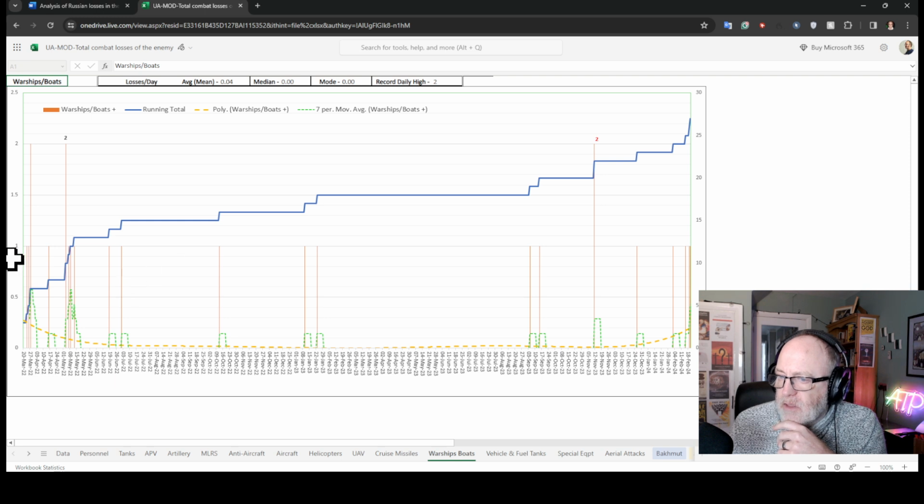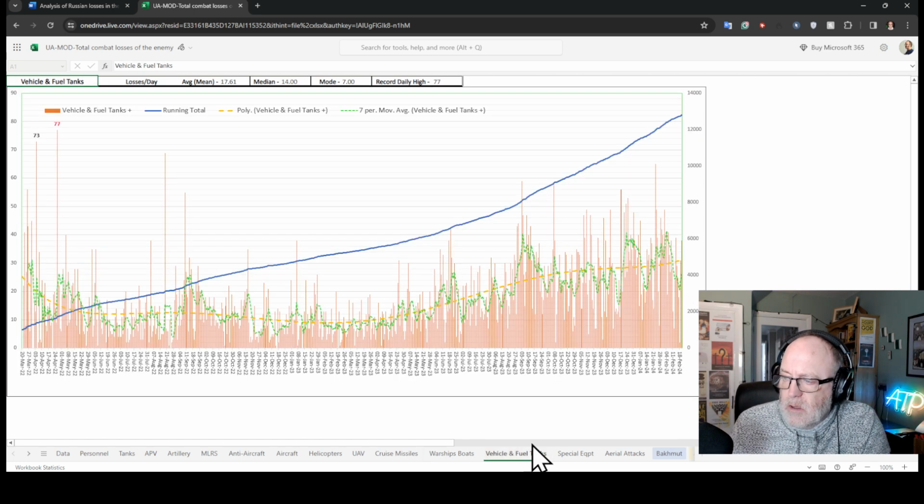So while there were some boats lost earlier in the war, and we had the Neptune missile, I think it was, that took out the Moskva, and other causes for these losses, I think maritime drones are now going to be a really big component of Russian naval losses, as well as missiles. But if they have moved all their ships to Novorossiysk, then that will be harder for the Ukrainians to affect.